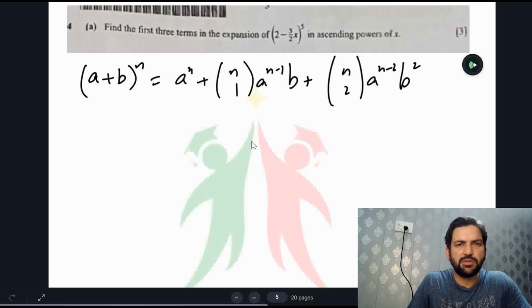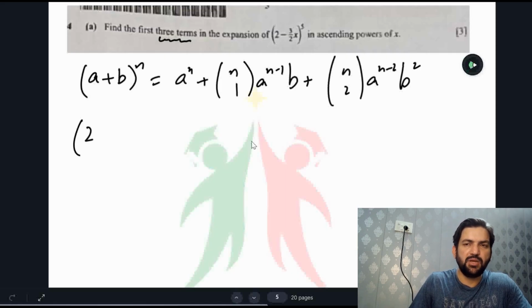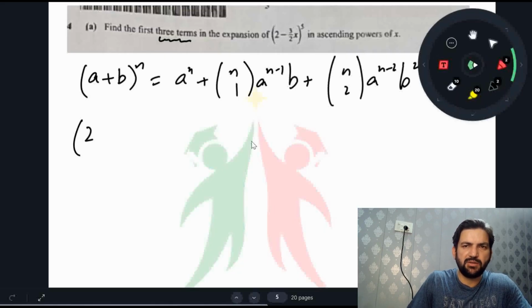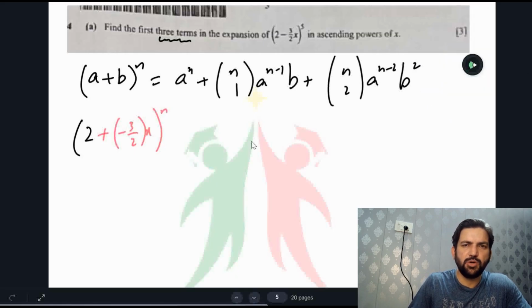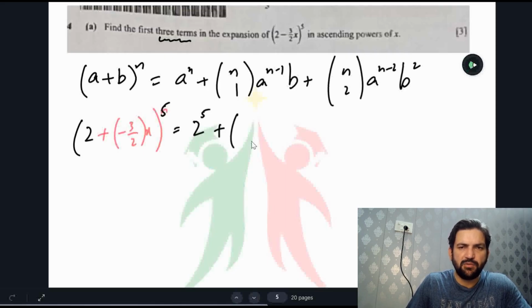In this particular question, we have to expand the terms up to the first three terms. So we can simply write it. Be careful about the sign. Here the sign is negative, but in the binomial expansion the sign is positive. So a plus b should be equal to minus 3 by 2 x, the whole power n. Our a is 2 and our b is minus 3 by 2 x. So a^n means 2 power, now n is 5 here, so 2 power 5